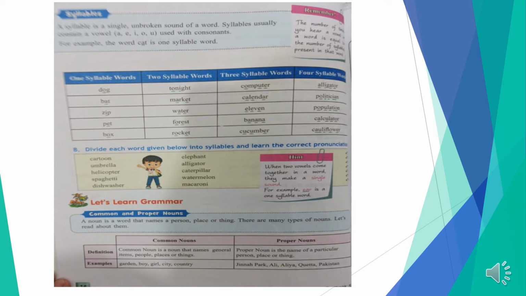Like here we are having a word calculator. We pronounce it as calculator, but that word is having 4 syllables. इस word में हमारे पास 4 syllable हैं. The first one is calculator. ये जो मैंने 4 अलग अलग sounds आपको, it sounds funny but it's for your understanding. ये जो 4 हमारे पास sounds हैं, ये इसके 4 syllables हैं.